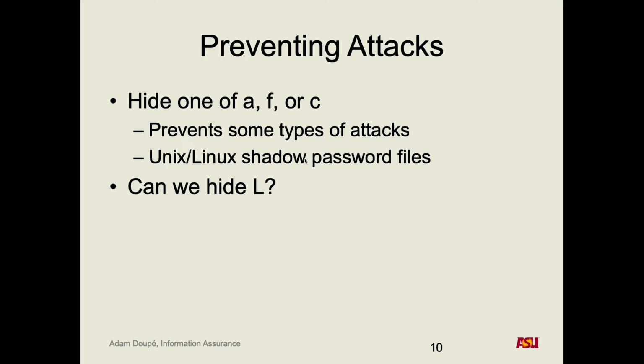Can we hide the login function? So if we prevent people from getting the complementary information, then at least they can't just try to brute force or guess things offline. But we have this login function. Can we just hide that and prevent the attacker from accessing it? Obfuscate at least how it operates on the two inputs. You can obfuscate how it works, sure, but what's that going to prevent the attacker from doing? Just figuring out how it processes the data. But do they care how it processes the data?